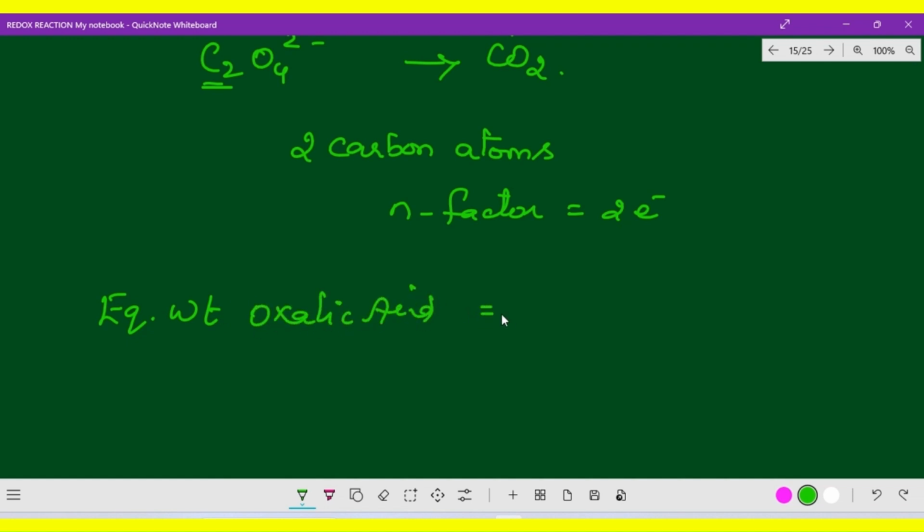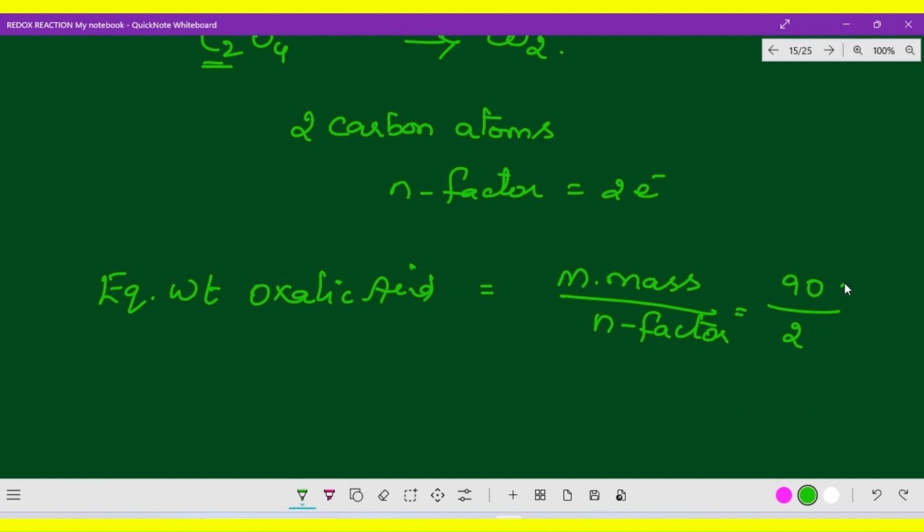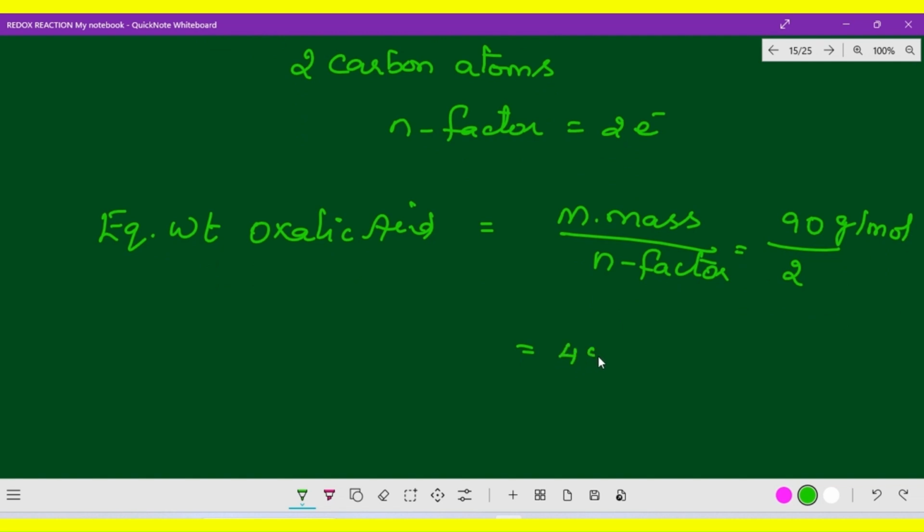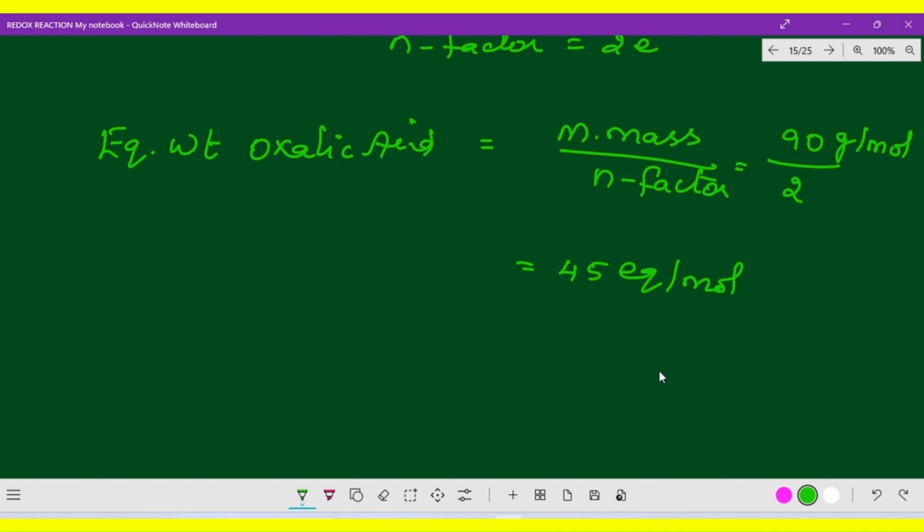So the equivalent of oxalic acid, what is the formula? Molecular mass by N factor. That is what we are finding, that N factor. So molecular mass is 90, divided by N factor, which is 2. That means 90 is in gram per mole. Right. So here 45 equivalent per mole. Right. Now the next point here,